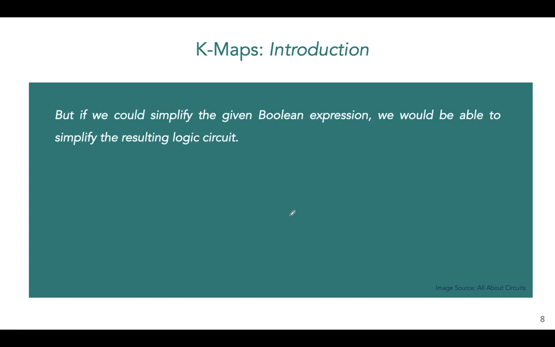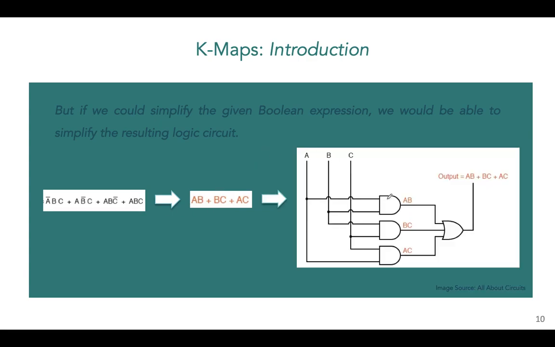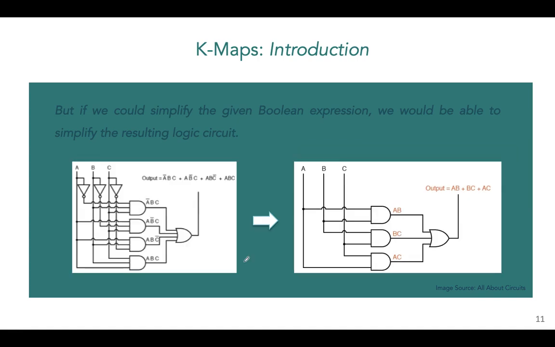Now, if we could simplify the given Boolean expression, we would be able to simplify the resulting logic circuit naturally, right? So if we could somehow simplify this expression into this expression, the resultant logic circuit would be like this. So basically what we've done is we have converted this circuit into this circuit with the help of simplification. They both produce the same output because this is essentially a simplified version of this one, right? And this circuit is so much simpler than this one, and this is the advantage we get when we